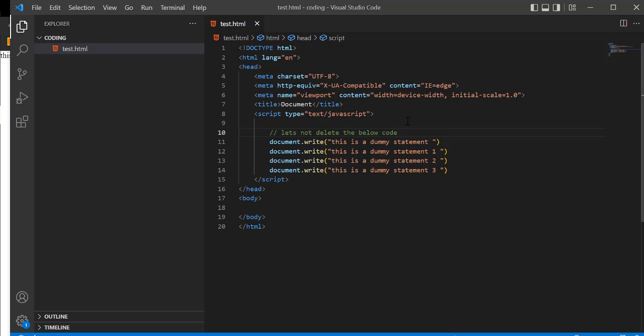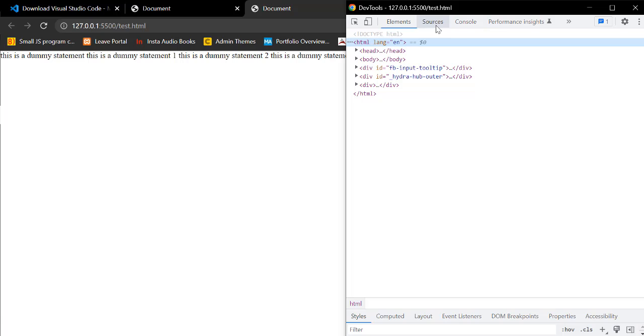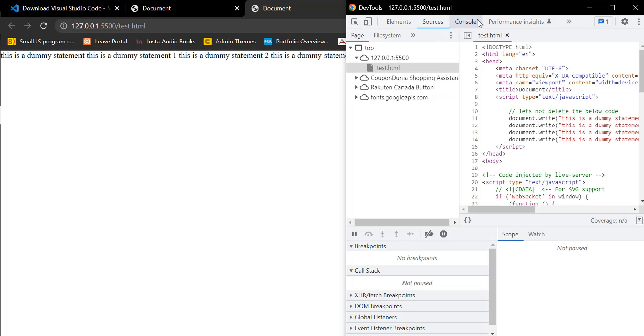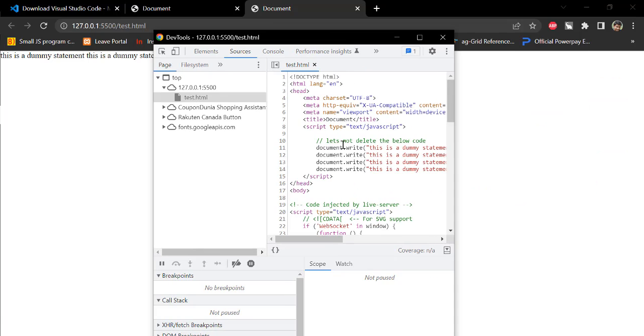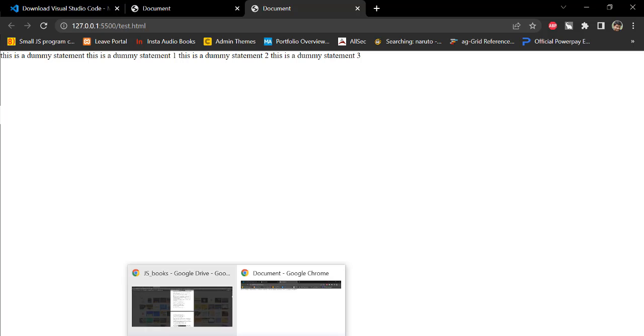And if I save this one, and if we try to view it again, you'd see nothing renders. Our comment is just a plain line comment. But if I go into the developer tools and look into the source, I can see my comment in there. So the comment is a way to put some annotation in the code, but you don't want the end user to see that. So that's how you can put comments.